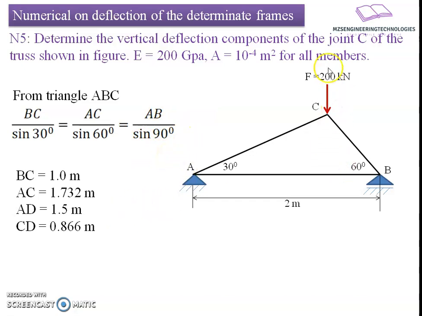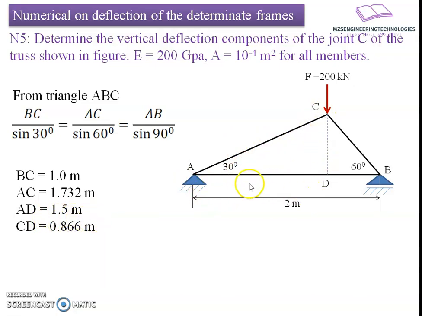Now I am interested to know the perpendicular intercept of this vertically downward moving load. For that, I will extend the line of action of this point load over the member AB, which is going to have an orthogonal crossing at AB. Let us say angle D is 90 degrees. From this triangle ADC, we can say distance AD is equal to, with reference to geometry, we know the relation cos 30 equals AD divided by AC. We know the value of AC. If we substitute the value of AC here, we get it as 1.5 meter.